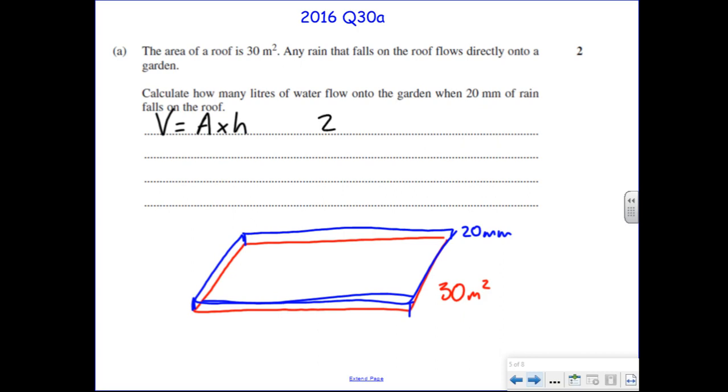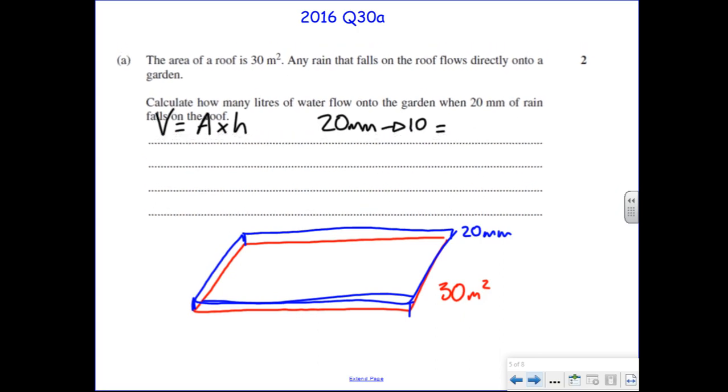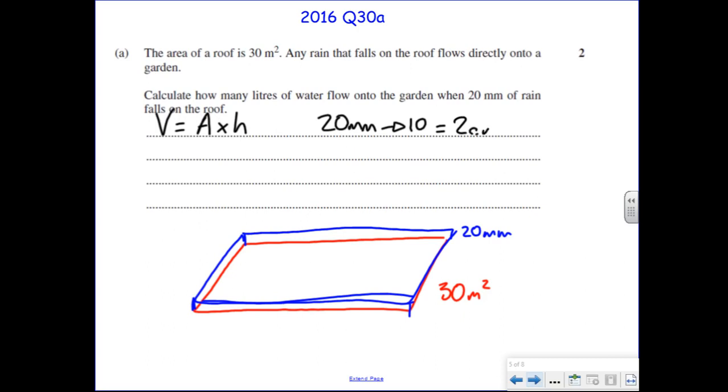So 20 millimeters, we can divide by 10 to get 2 centimeters, and then we're going to divide it by 100,